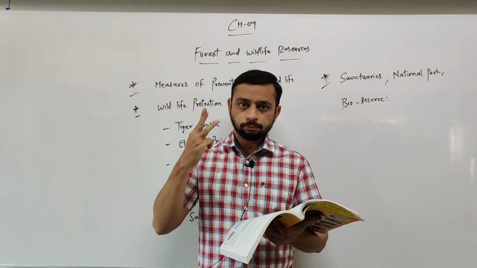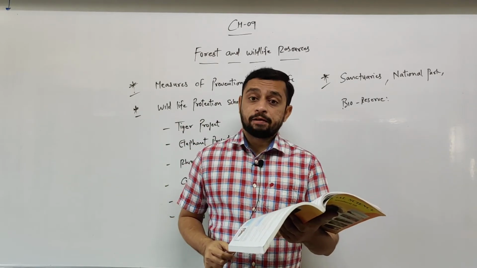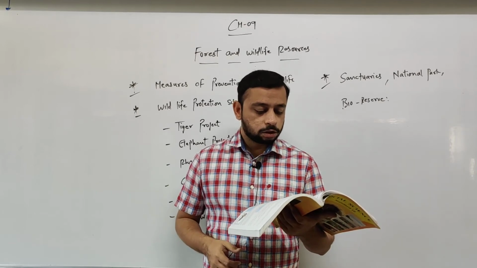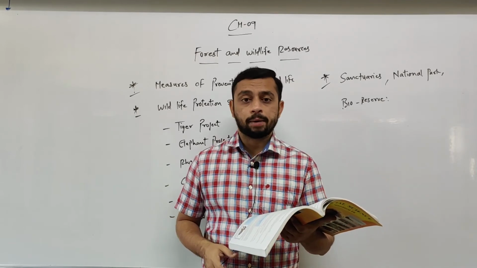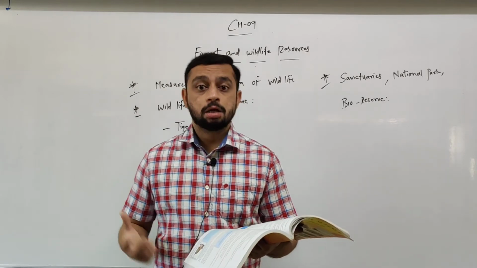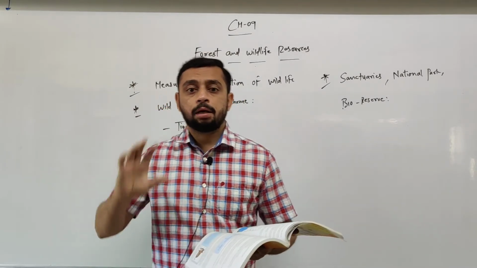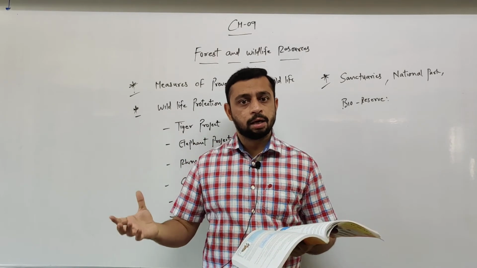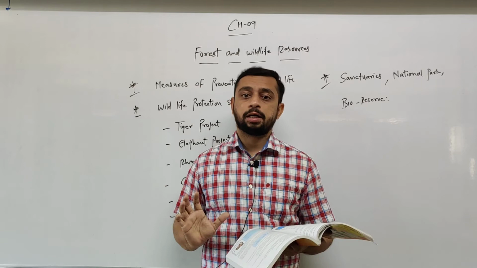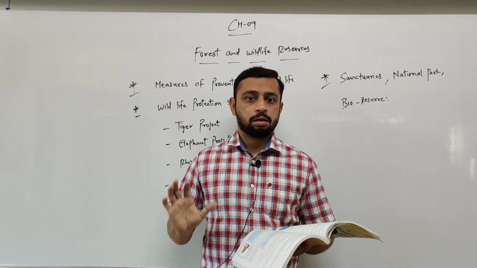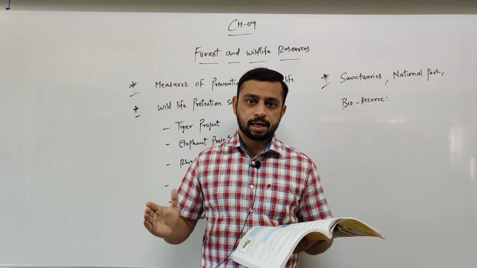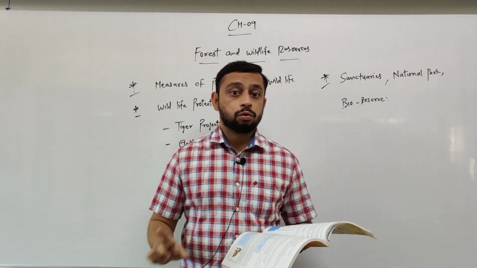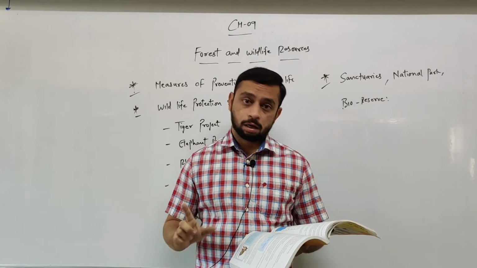Third point, wildlife sanctuary is established for the protection of some species. The sanctuary can be established by the government after a certain process. Sanctuary is in whose control? It is in the control of the government, right? There is a process, that process is fulfilled and then the area is declared a sanctuary, right? Where the main objective or the main idea is to protect the wildlife, right? Again, I repeat, sanctuary comes under the control of the government, right?